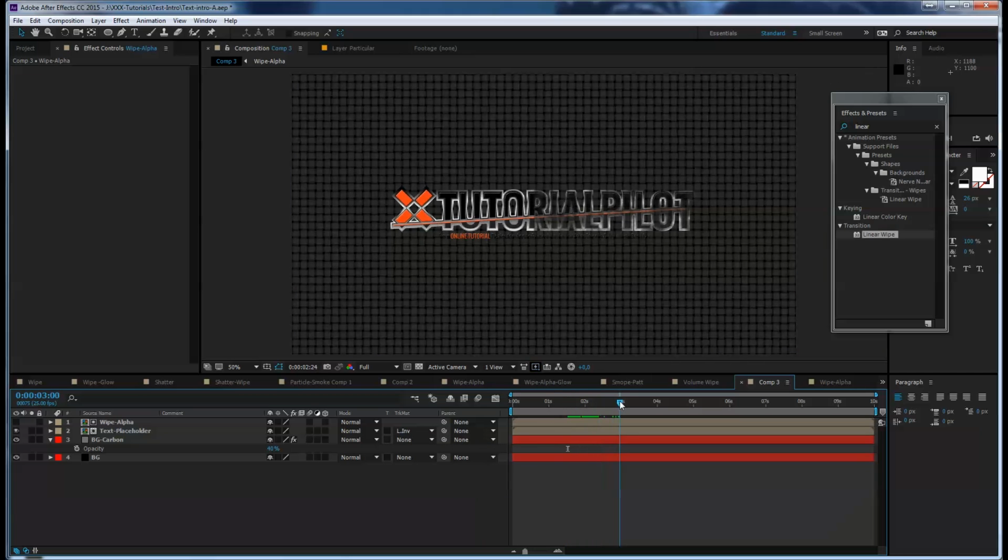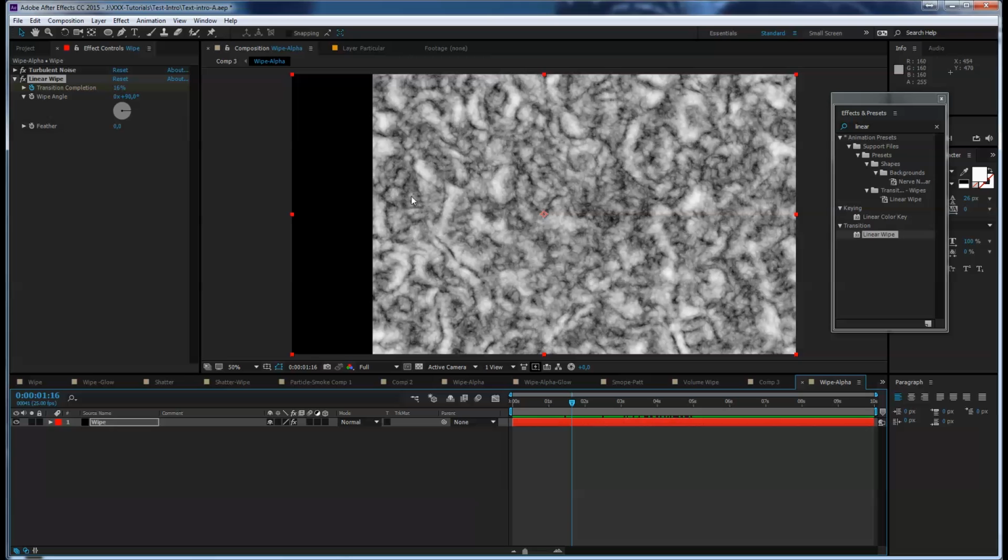So now it comes from this fuzzy background. If the wipe goes on, that's where it stays. Okay? So that means we go to our wipe alpha. Anything which is black in this alpha channel will make the logo visible, and anything which is white makes the logo invisible. Okay? So we need another wipe which goes from white to black